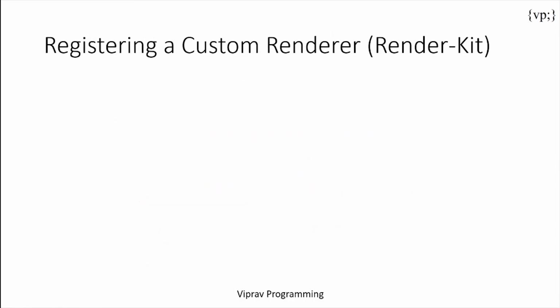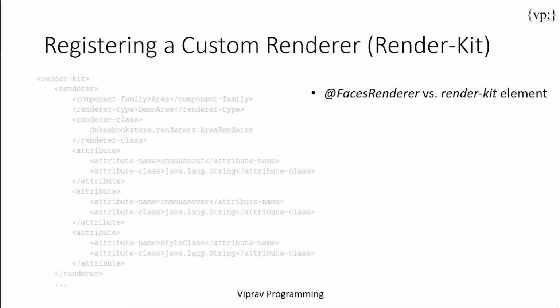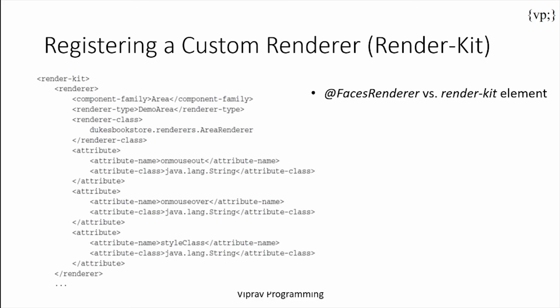Now, when an application developer creates a custom renderer, it must be registered using the appropriate render kit. In our case, that kit will be the HTML render kit. You register the renderer either programmatically through the @FacesRenderer annotation as described in the previous chapter, or using the render-kit element in the application configuration resource file or the faces-config.xml. Just a reminder, attributes specified in the faces-config.xml file will override any configurations done by the @FacesRenderer